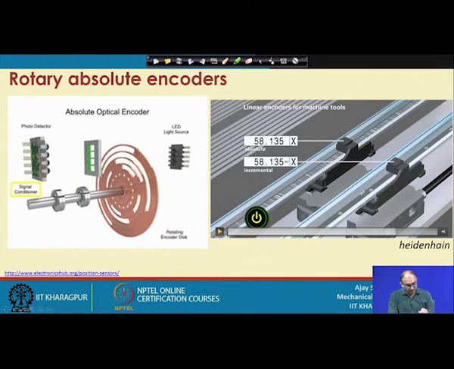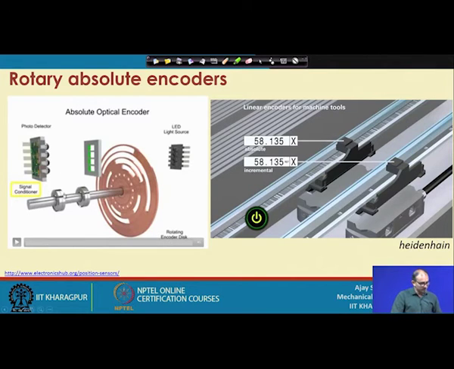Now you can understand how both encoders work, the absolute encoder and the incremental encoder. We took the example of the linear encoder, but it is the same for the rotary encoder also. When you use an incremental encoder, you have to go to the reference position first to get the exact position. But with an absolute encoder, whatever the situation, because it creates a unique binary code and you get the position from that, there is no issue.